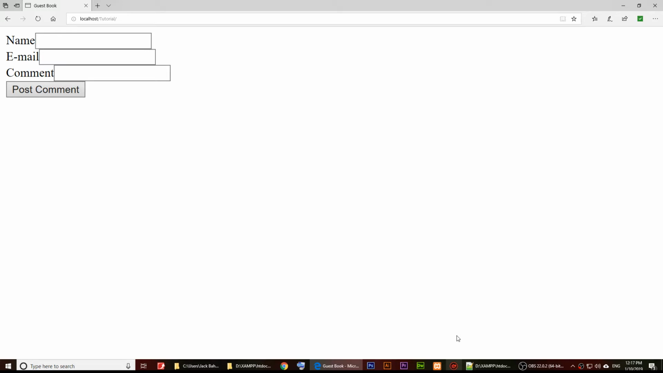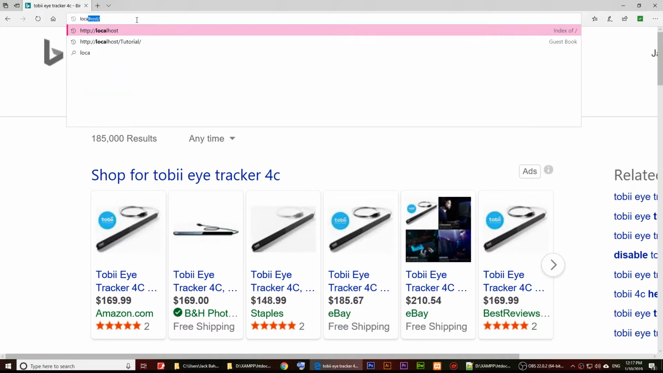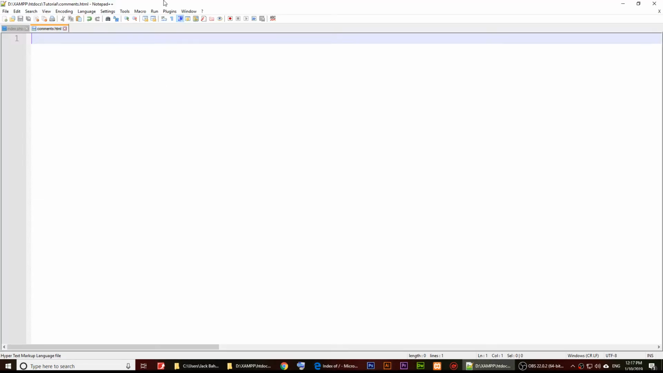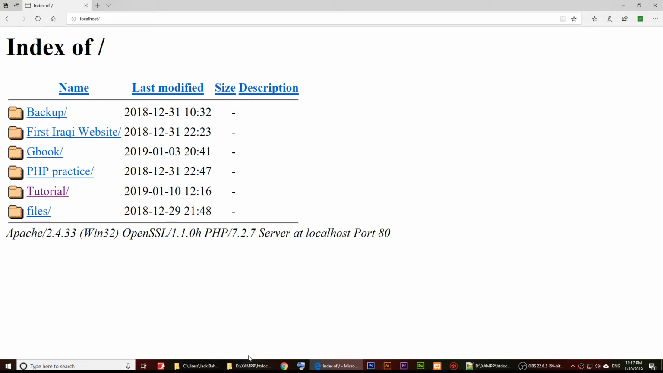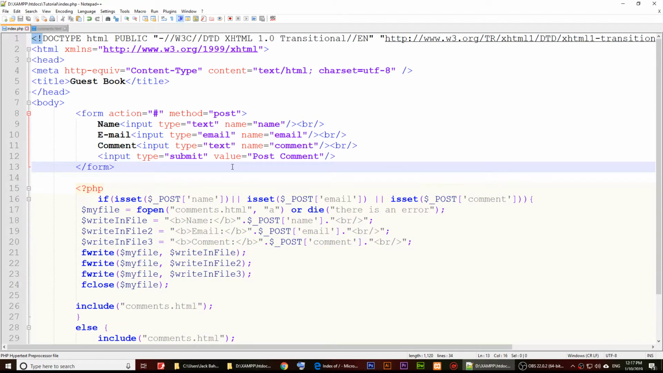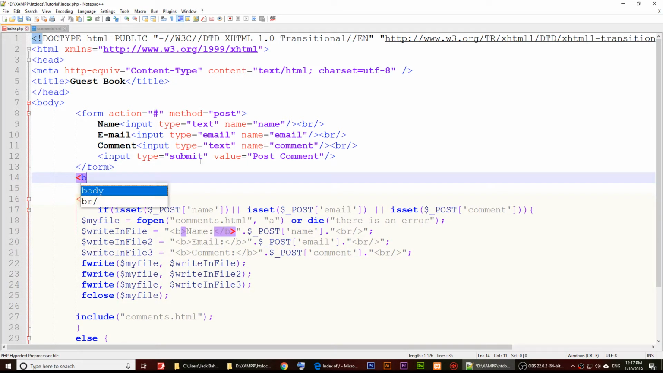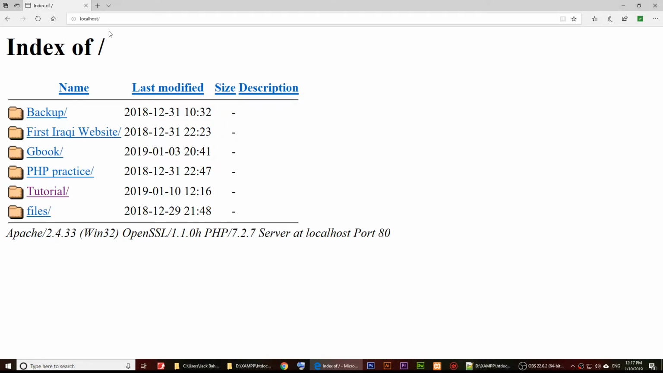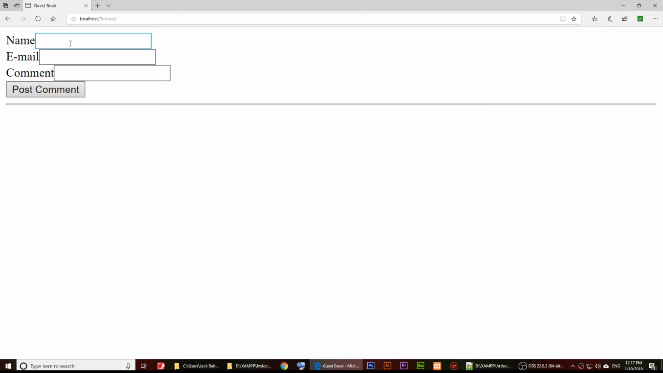I know we can improve this, but as you notice right now, if there isn't any comment, it's going to look like that. So what I'm going to do here is, just below the form, add a horizontal line, just like that. Then I'm going to click on localhost, go to tutorial. There's your line, and whenever you want to add a comment, you can say, "Here's my comment,"